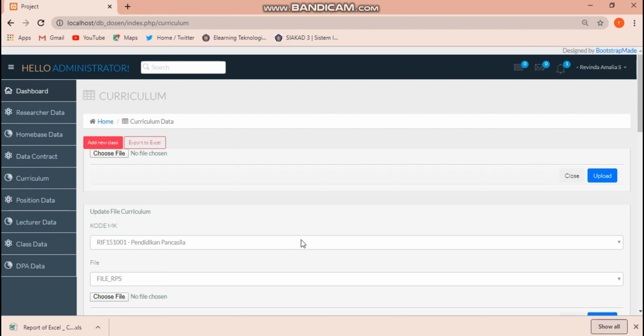Then, we import the data. For importing this data, we have previously made an Excel file in accordance with the table columns. First, click Import and choose the Excel file you want to import.